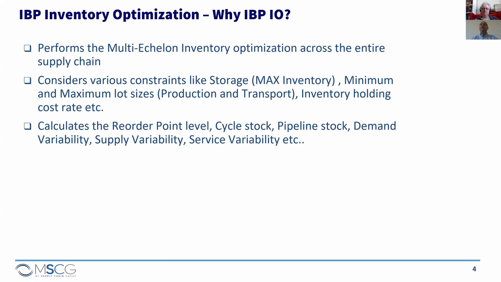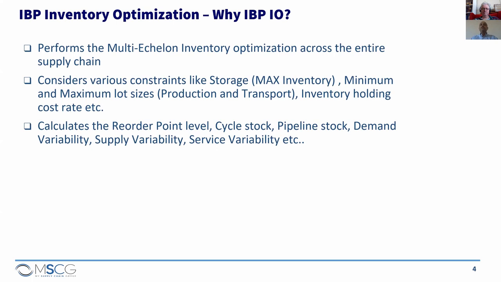Similarly for supply variability, it has different kinds of lead times, like production lead time and transport lead time, and also lot sizes. It is plan versus actual: what you were expecting your lead time to be and what actually happened in the past. The system recognizes this variability, and we have a coefficient of variation for each of these parameters. Similarly, service variability talks about customer service levels and internal service levels. There, what was the planned customer or target service level could be 95%, but actually I delivered 90%.